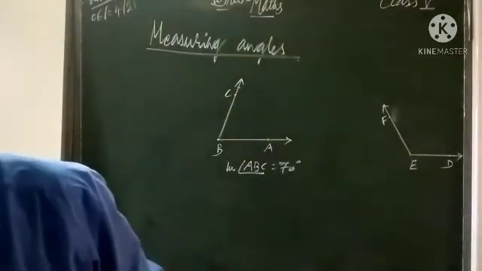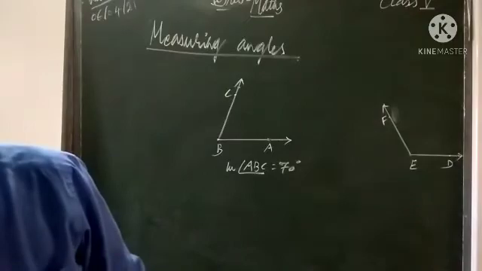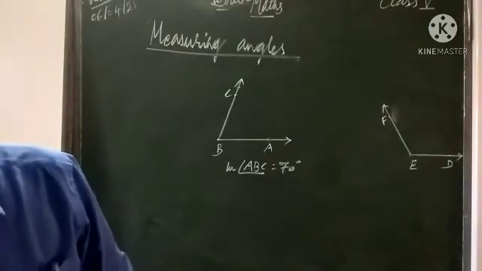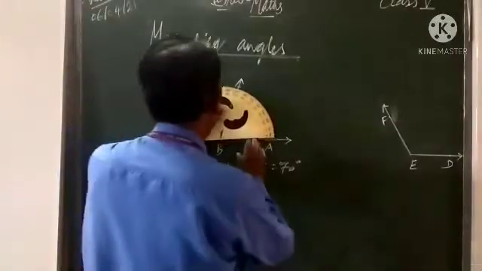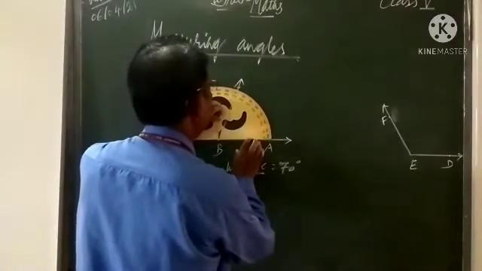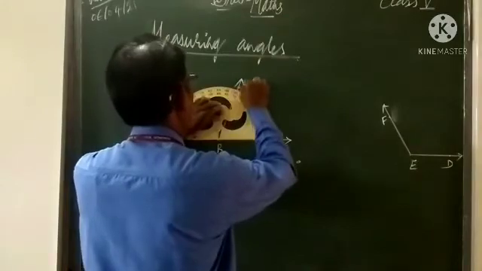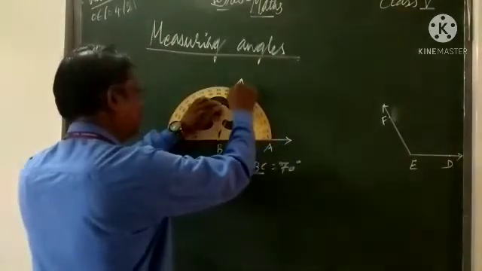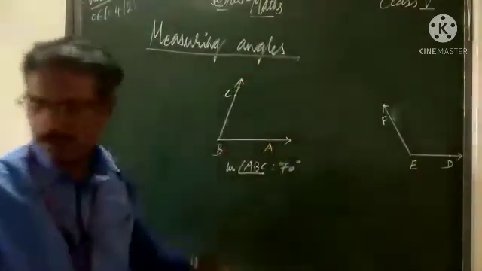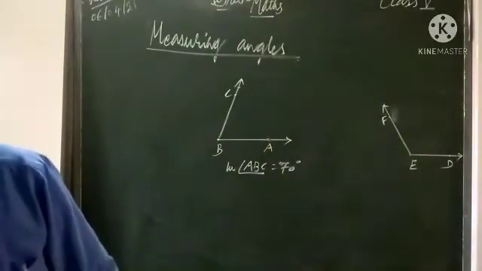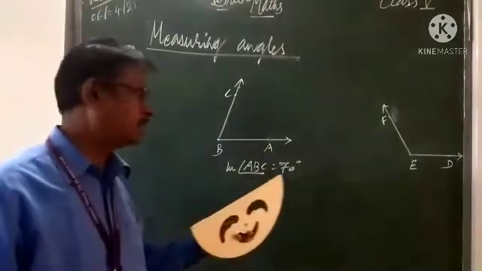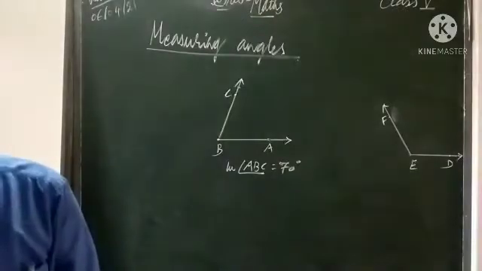Now fourth point, read the mark on the inner scale where the other arc BC of the angle crosses it. Now after keeping the adjustment over all that, read the inner scale up to the second ray. Where is that one? It is on 70. Okay, understood? It is 70 degrees. So the measure of angle ABC equals 70 degrees. In this way you have to measure.